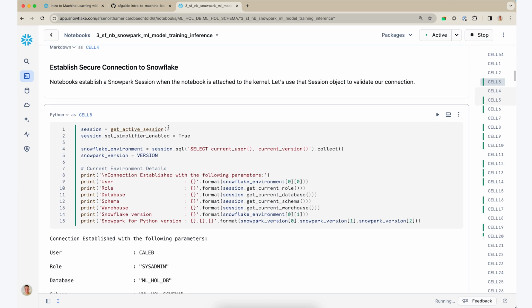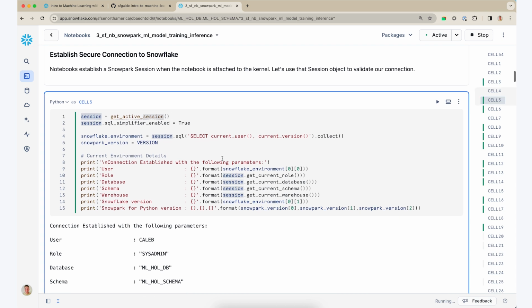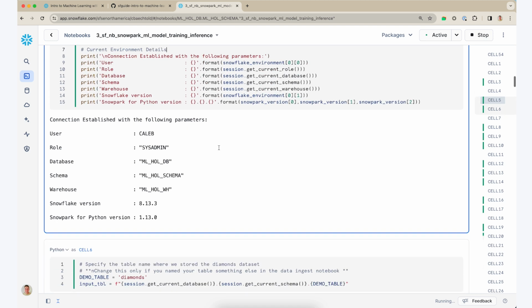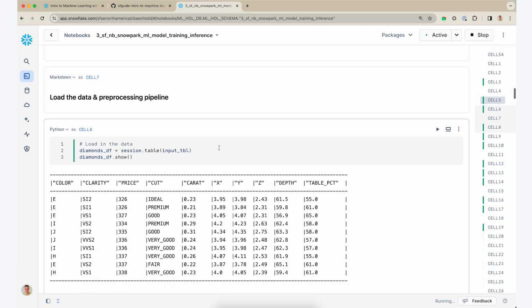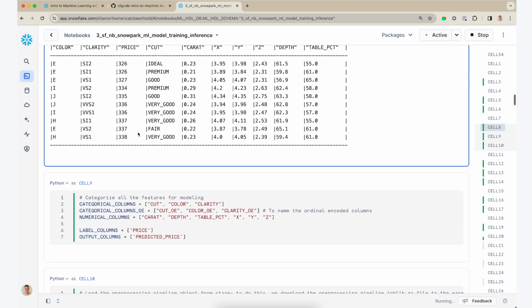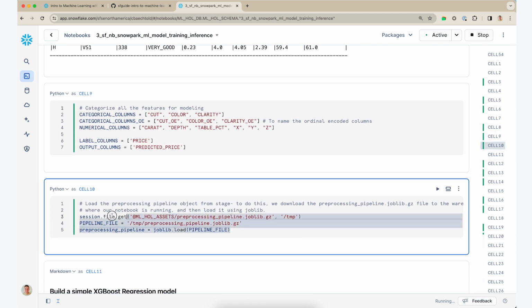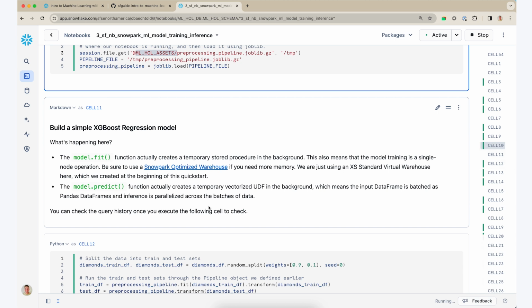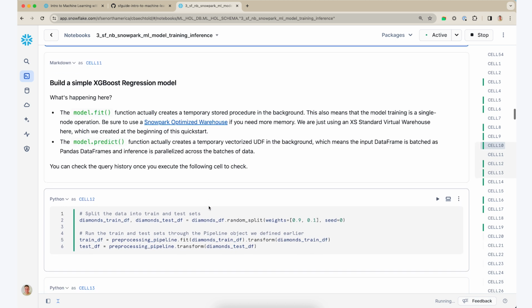We connect to Snowflake the same as before using that get active session. That creates our session object, which we can then use to run our Snowpark queries or SnowparkML jobs, whatever it may be. I'm going to go ahead and load my data in using session.table, just like before, and then get my pre-processing pipeline, which we saved to that stage previously. Go ahead and load that, and then ultimately use that to create our test and train data set for our